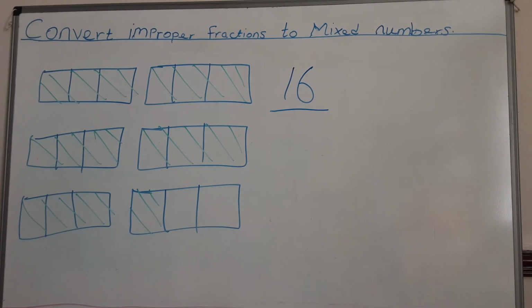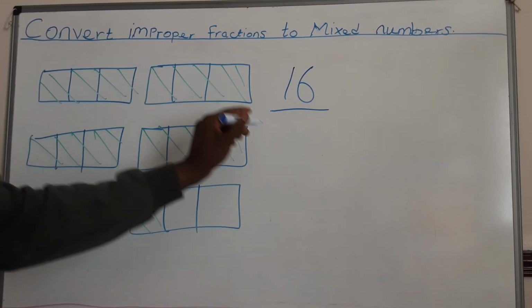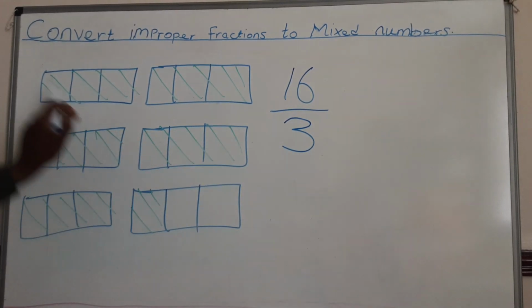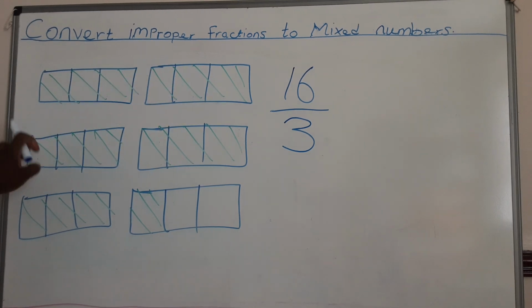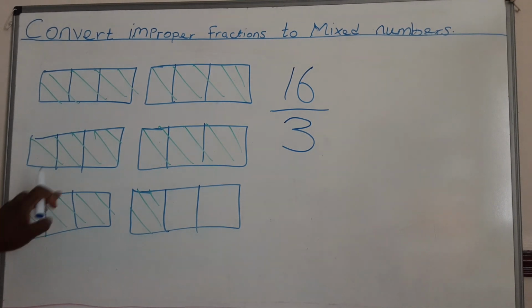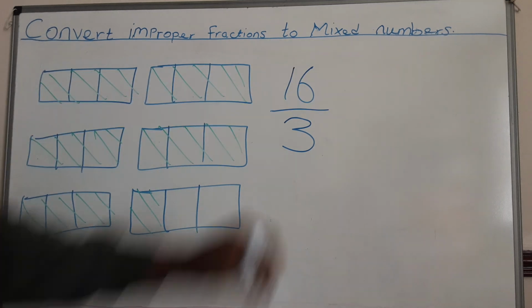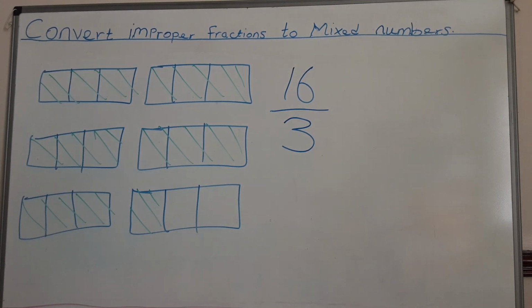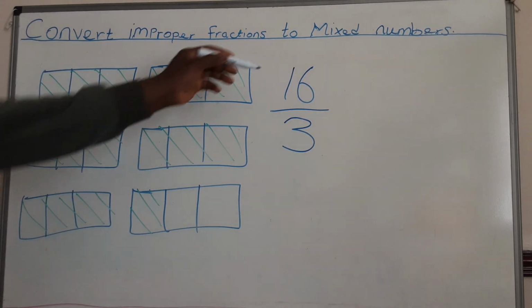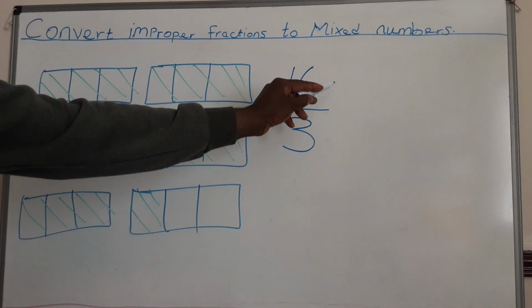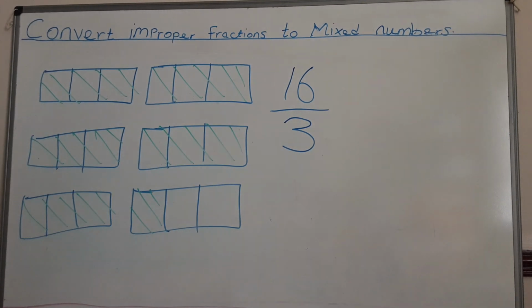And how many parts is being divided in each bar model? So we know that it's 1, 2, 3. So we know that each bar is divided into 3 parts. So now we have our improper fraction. Why? Because the numerator is greater than the denominator. So this is the improper fraction. So how do we